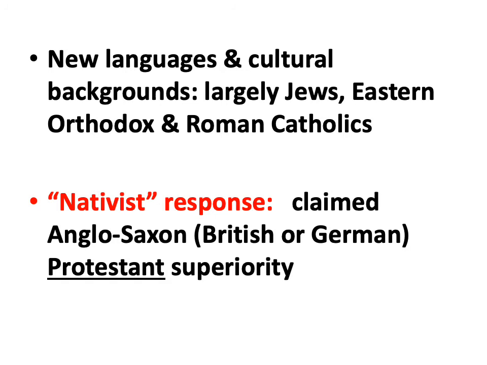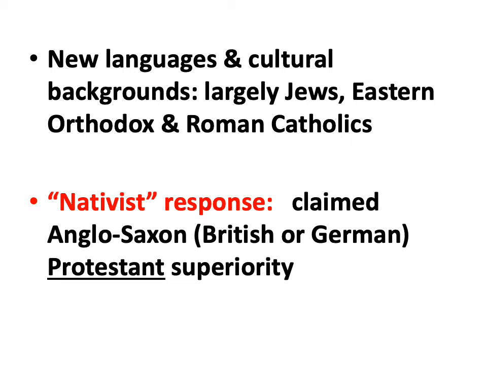Now, as I mentioned, the so-called new immigrants after 1880 were of quite different origin. They had different languages. They obviously didn't speak English. They didn't speak German. And they had different cultural backgrounds. There were many, many Jews, as I mentioned a few minutes ago. They were from what's now Eastern Europe or Russia. There were Eastern Orthodox Christians and Roman Catholics.